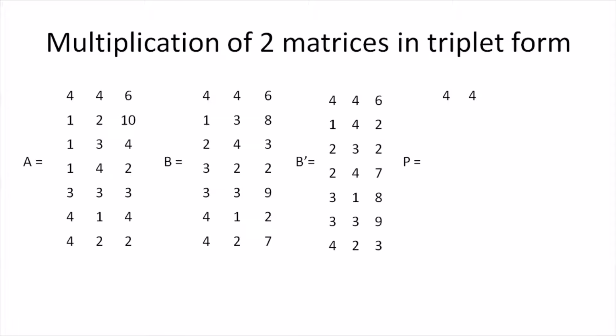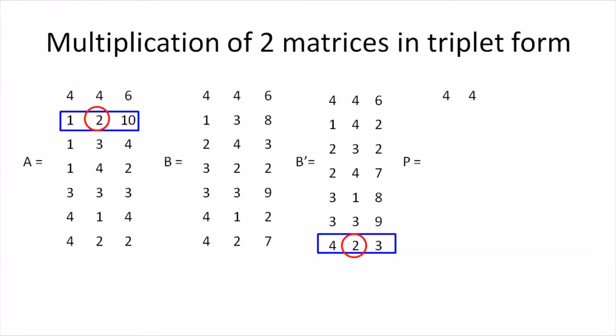Accordingly, we update it in the resulting matrix, that is P. Next, we start with the traversal. In the first rows of matrix A and matrix B dash, we find that the first column value doesn't match. We continue traversal of matrix B dash, and on reaching the last row of B dash, we find that the elements in the first column of the two matrices match. That is, A of x1 matches with B of y1.